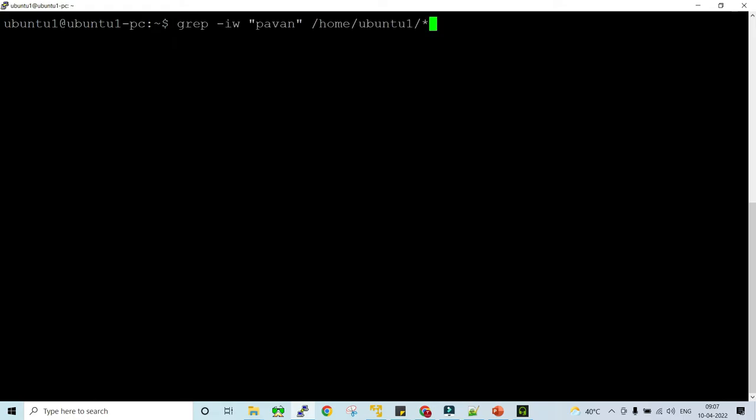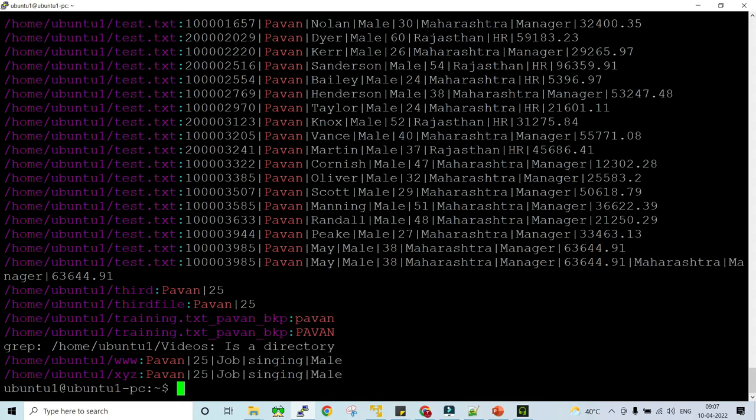Let us revise the command. grep -iw pattern, a path, and then after that there is a star. That means it will search in all the files. So it is giving us the output that in this particular directory these are the files where this particular pattern is occurring. All right,